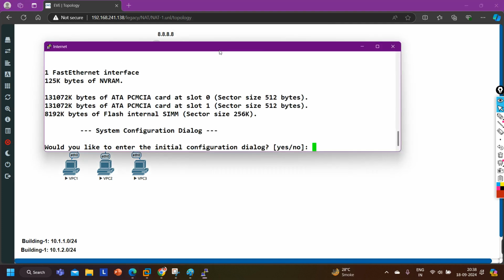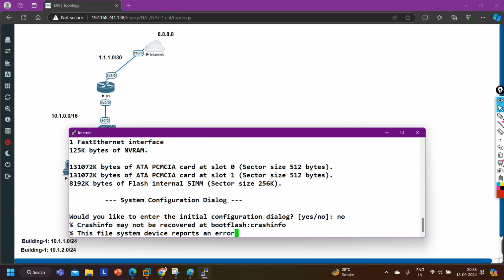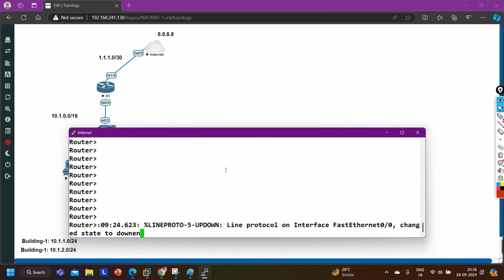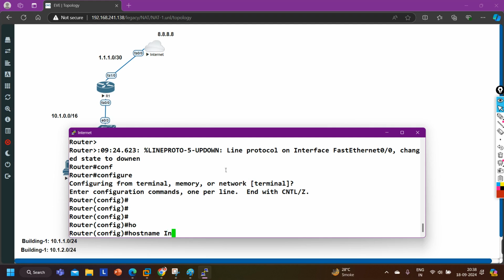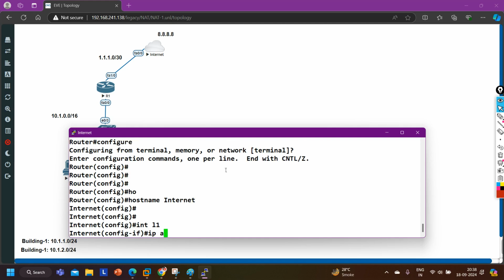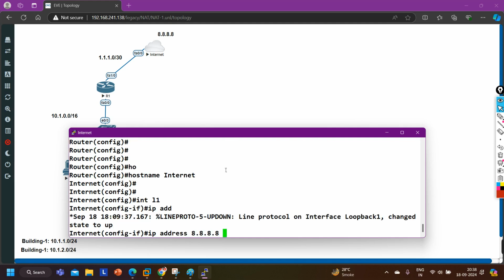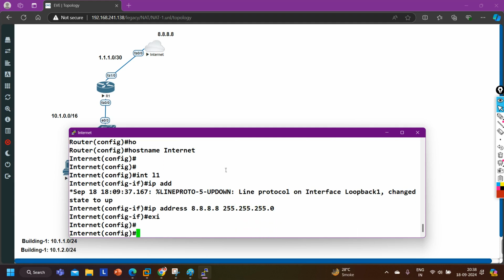So let me access the internet, and first of all I'm going to configure the internet router. Hostname internet, and I'm going to create one loopback here for 8.8.8.8. Interface loopback 1, IP address 8.8.8.8 255.255.255.0.